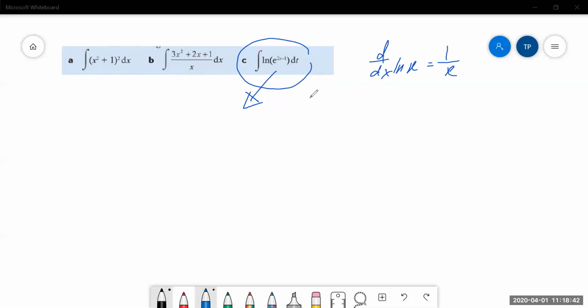I don't know how to do this. I don't know what to do. Like when ln and e to the power of 2. What do I do with ln of e to the power of 2t minus 1? Remember, you can bring down the power, right? Okay. So you'll be getting (2t minus 1) times ln e. What is ln e? 1. Ln e is